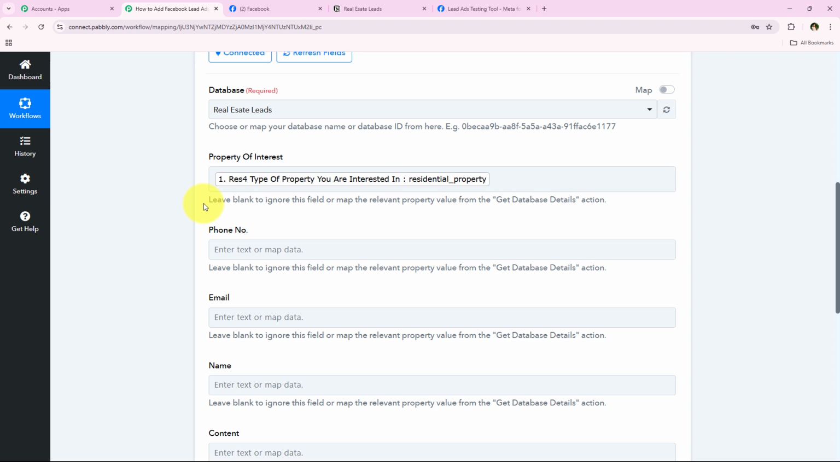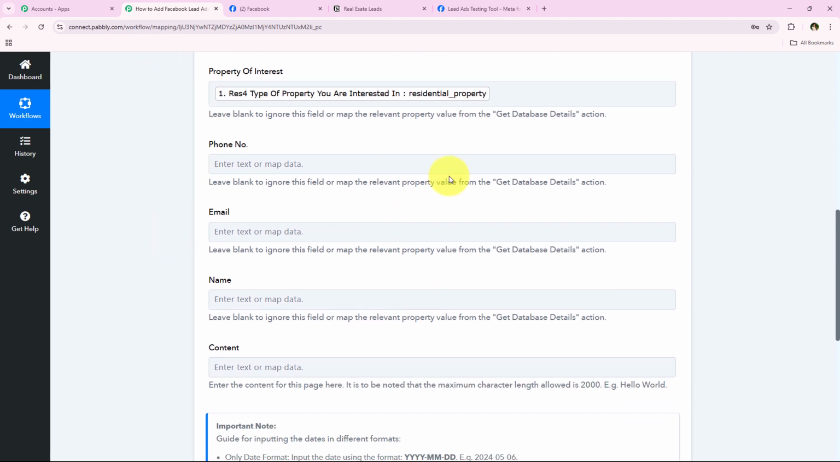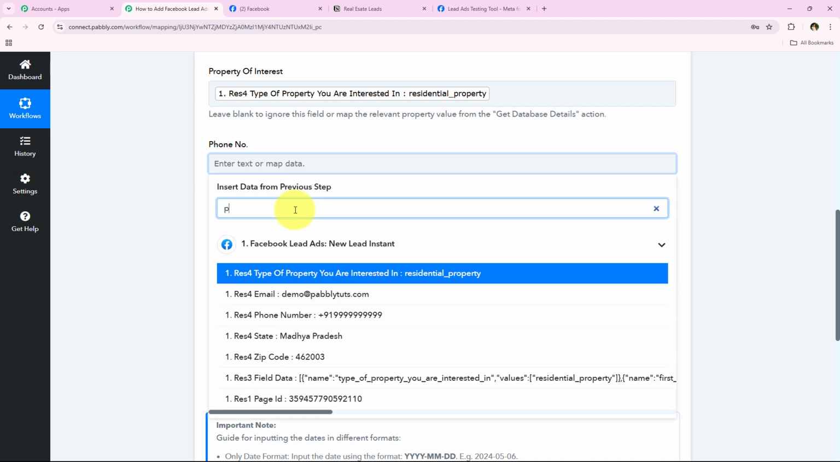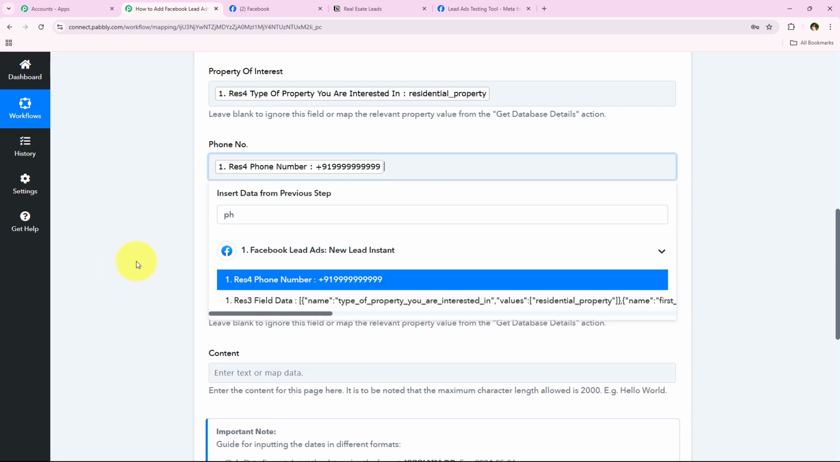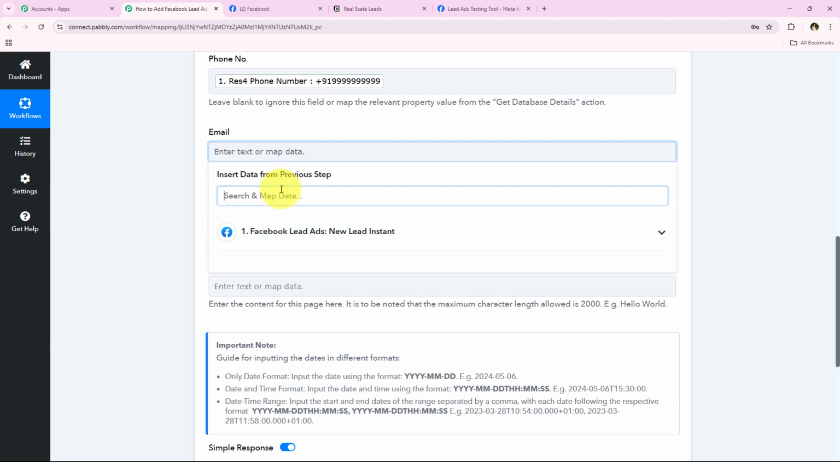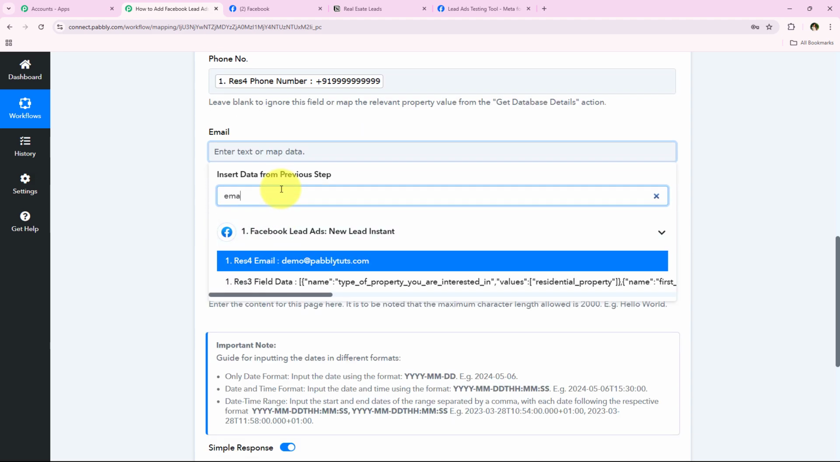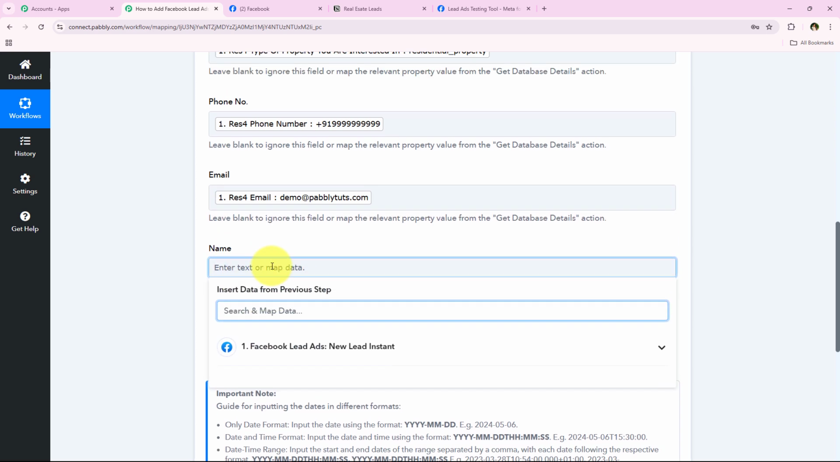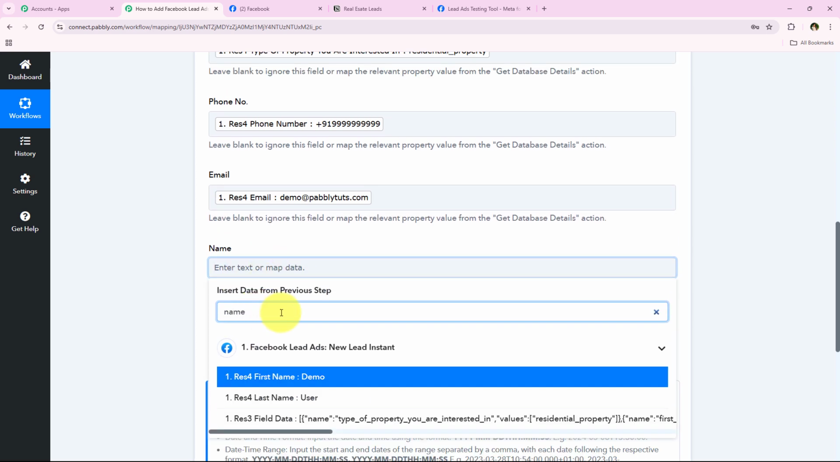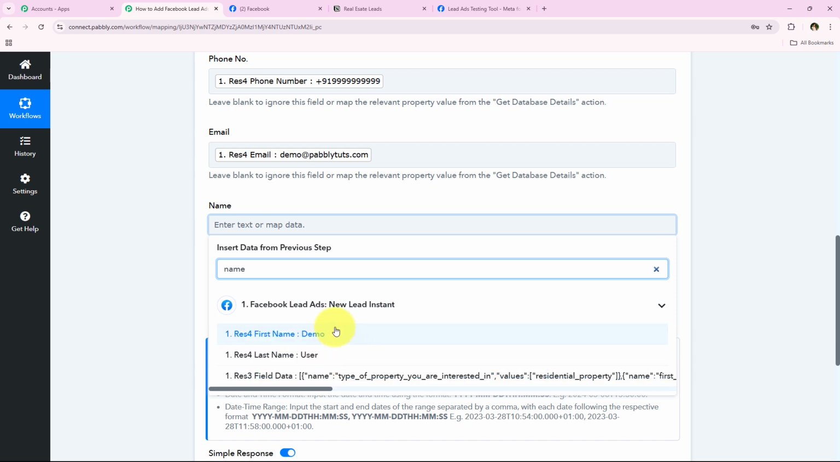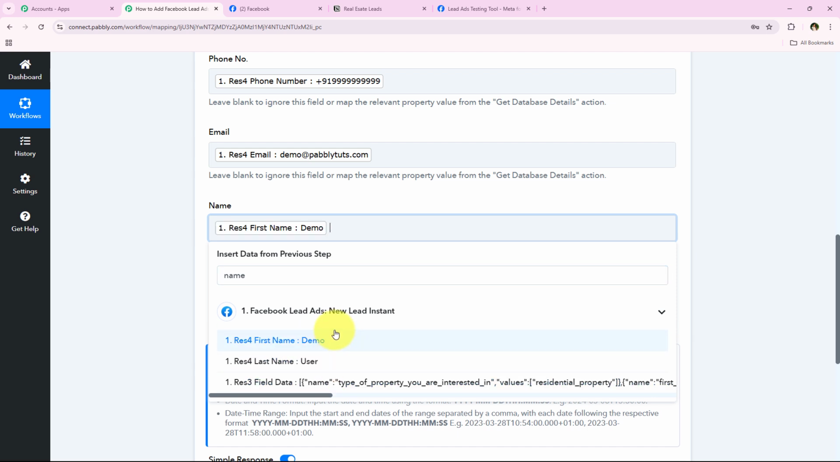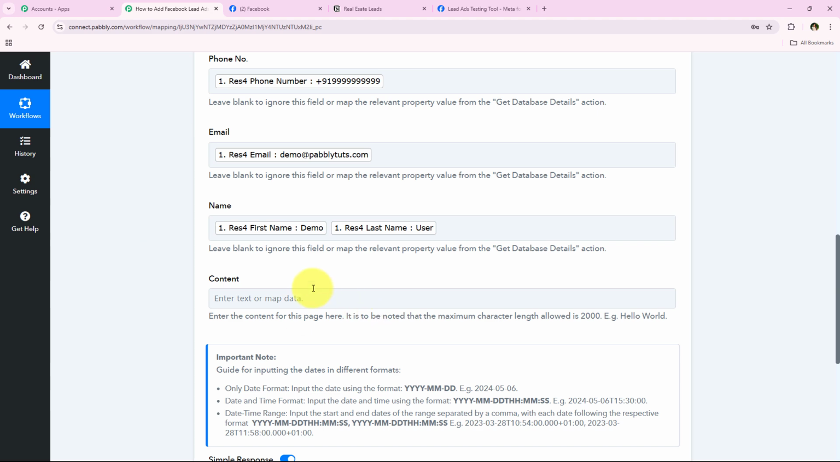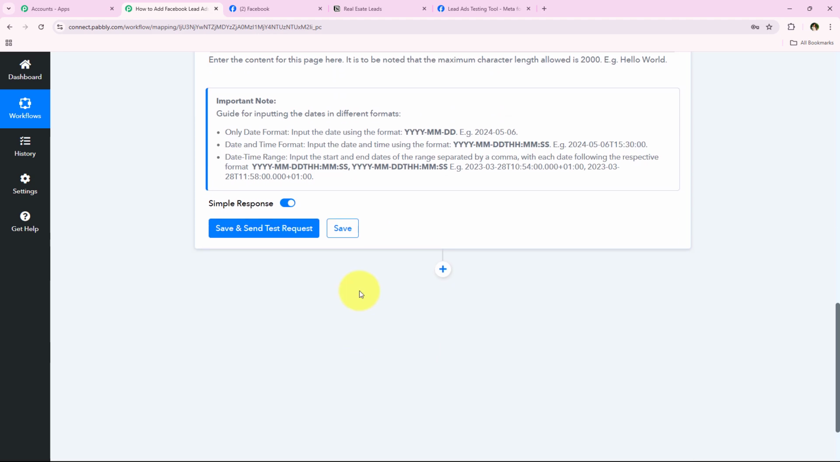After mapping the property of interest, we're going to map all of these details, which are phone number, email and name too. I'm going to look for phone in the previous response and as you can see, the same, so we're going to map it. We're going to map the email too. I'm going to look for email in the previous response and as you can see, demo@pabblydudes.com. We'll do the same with the name. I'm going to look for name, but as you can notice, we have name in first name and last name. So first we're going to map the first name, put a space and then map the last name. After mapping all of these details, we're going to move forward